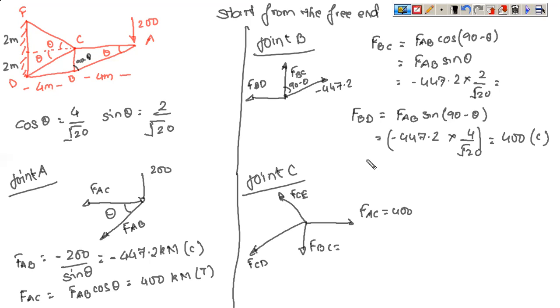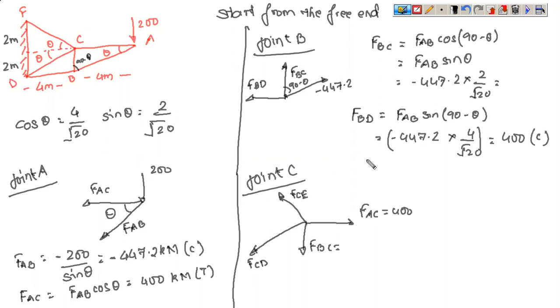So the thing that you need to remember in a cantilever truss is that the solution of the truss has to start from the free end. This is one important thing that you need to remember. And again, the process remains the same. Proceed from joint to joint and find out all forces in the members. You need not solve joint D or joint F. Okay, D, F joints will not be solved.